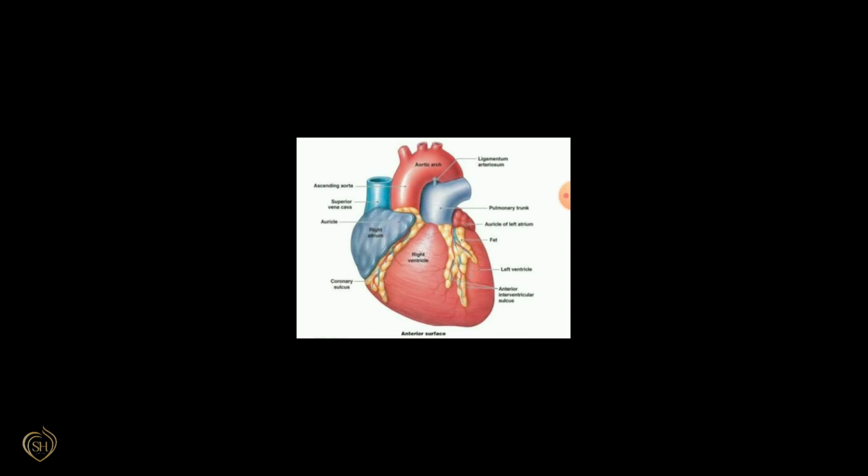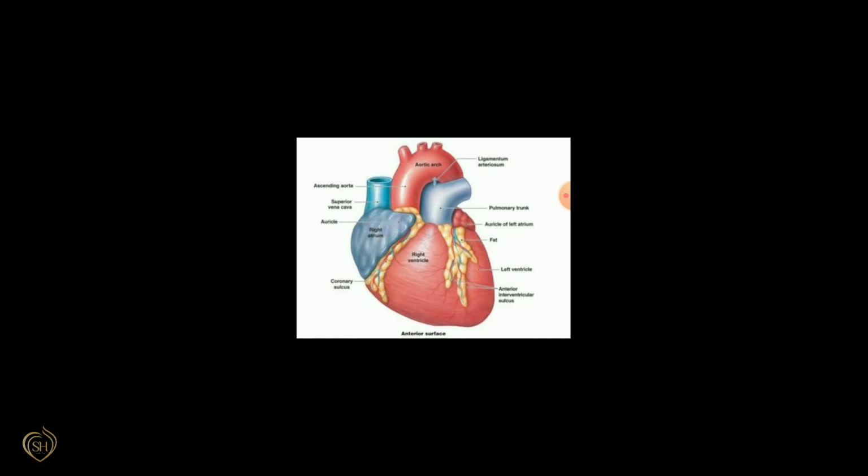What is the shape of the heart? It is cone shaped or triangular, and one end is pointed to the left side. That is why it gives a feeling that the heart is on the left side. Then look at the figure. What is the size of the heart? The heart in an adult human is about the size of our closed fist, that is 12 centimeters in length and 9 centimeters in width.